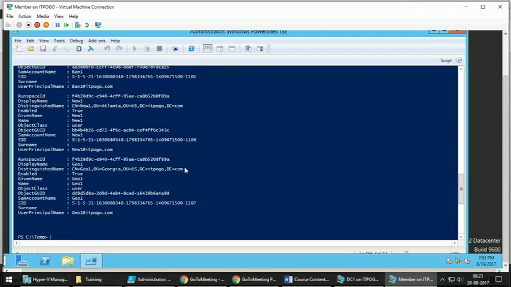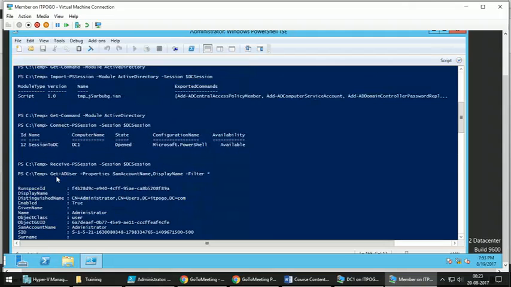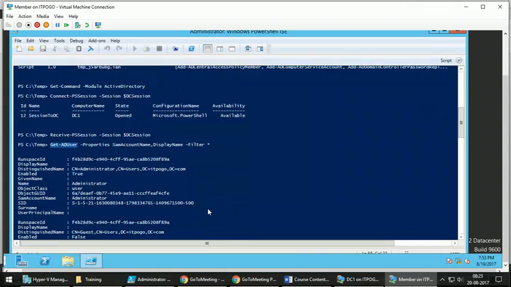See, I'm able to get all the Active Directory users, and I'm able to do that without having Active Directory tools installed on my local computer. That is the power of using PS sessions.